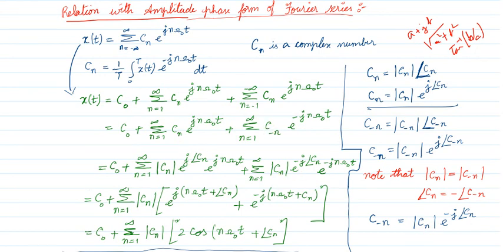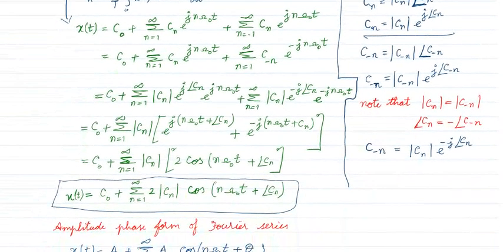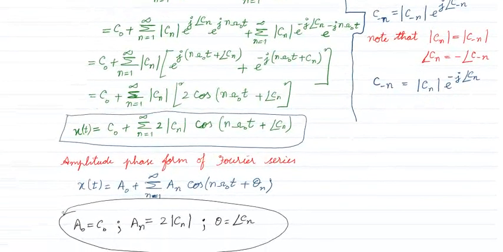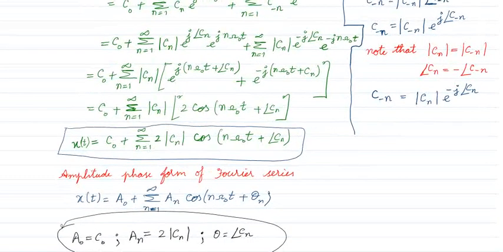Okay, right? Now the other thing is taking the magnitude outside. So this is my C of n, I have put this. This is C of minus n, I have put this, right? Okay. So I am taking the magnitude outside and multiplying these two terms, e power j angle. I am multiplying, right? So it becomes n omega naught t plus angle C of n. Here I am taking minus j outside. So n omega naught t plus angle C of n.